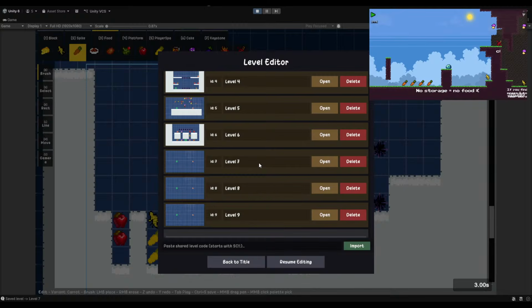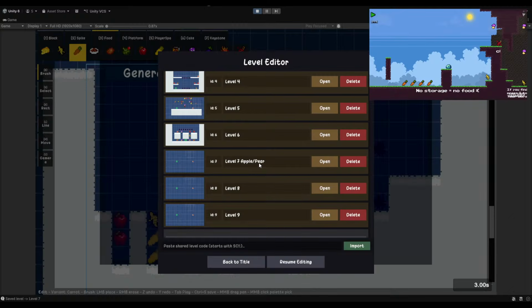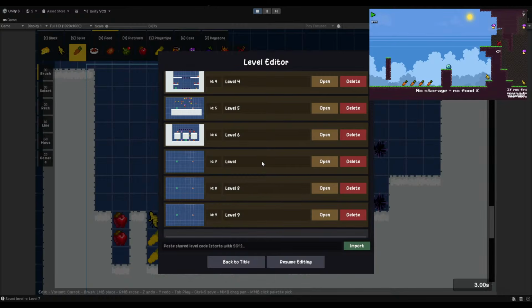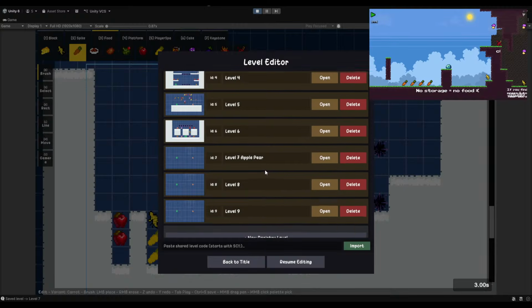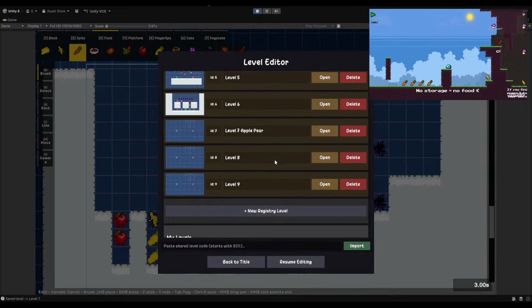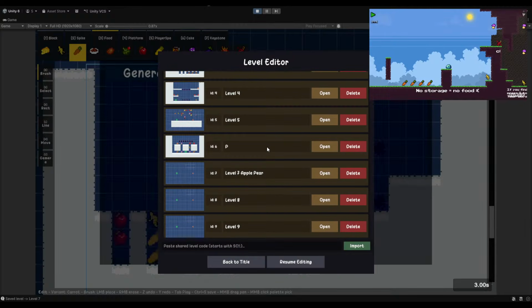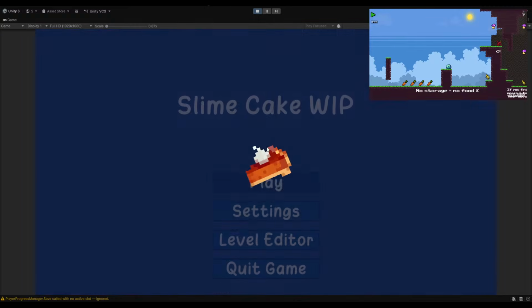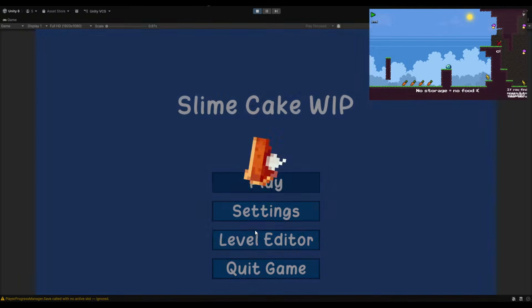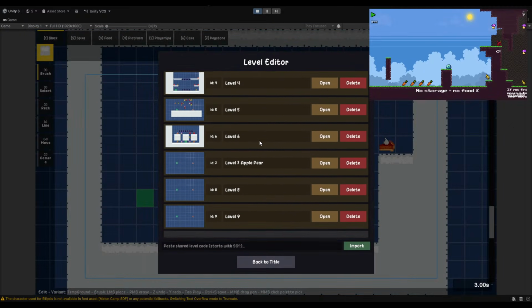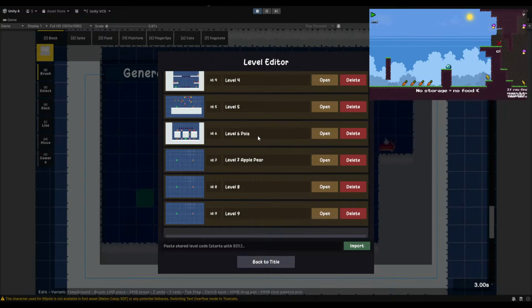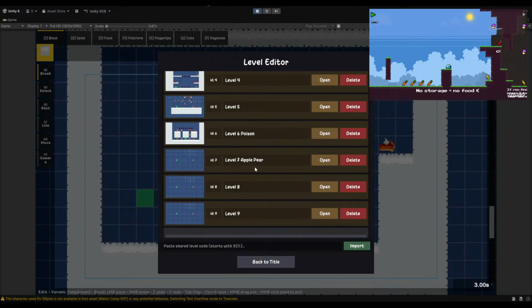I'll say apple, pear, and then we're thinking about it. Oh god. Oh, I thought I fixed that, where settings doesn't pop up while I'm typing. Then level 8. This is the mushroom introduction, right? I'll just say poison mushroom. Oh my god, it's because of the hotkeys also. Hotkeys need to not work while I'm doing this.